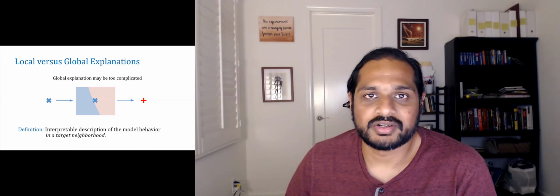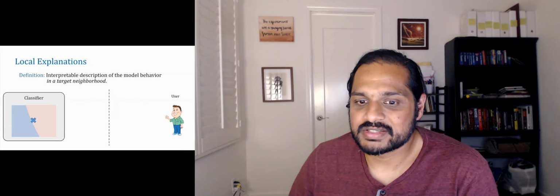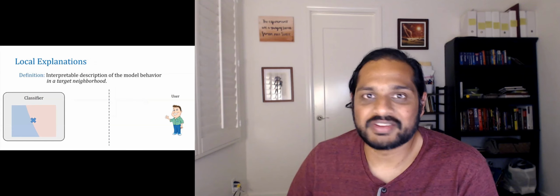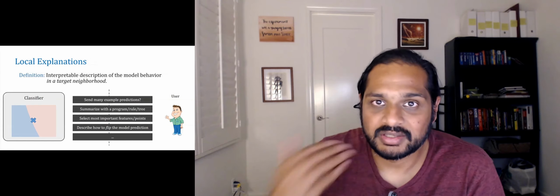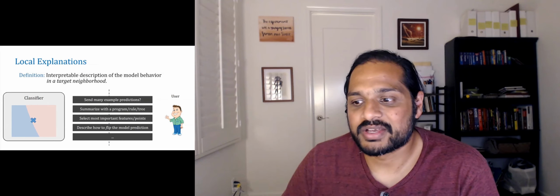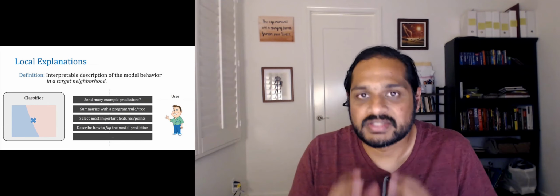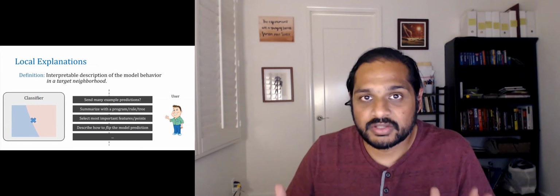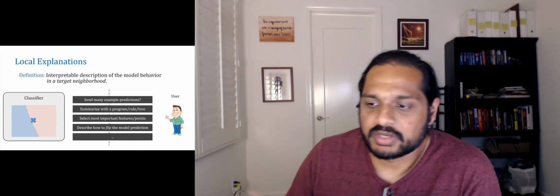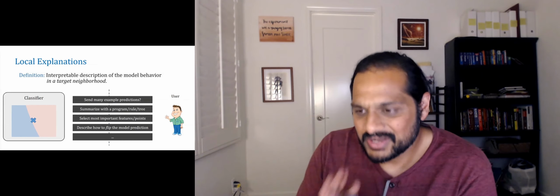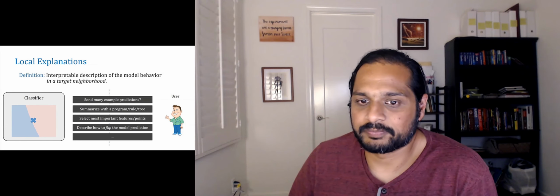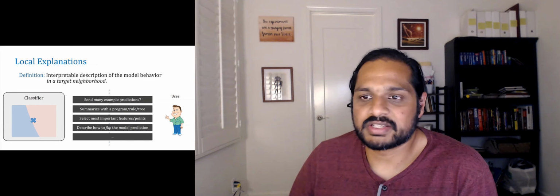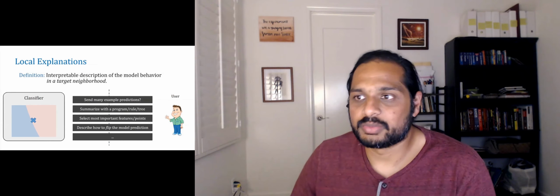So what are examples of local explanations? Turns out everything we talked about earlier as global explanation can be a local explanation, as long as what it's being faithful to is some target neighborhood, not necessarily the whole model, right? And you can imagine there's a spectrum between being very local, a little bit local, and then being completely global. Okay. So that's the essential difference between local and global explanations.